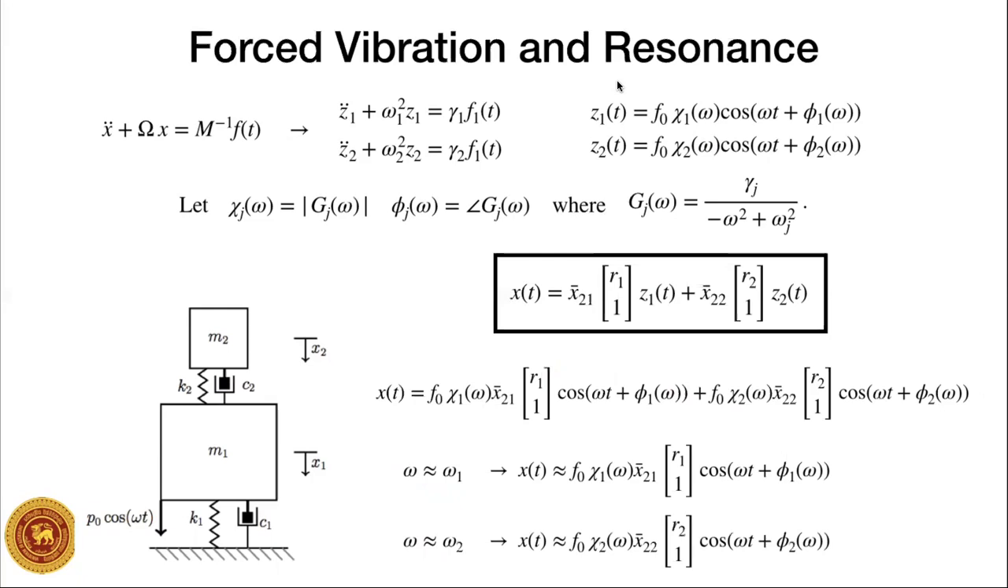On the other hand, if omega is very close to omega 2, this term will be very large compared to that. And therefore, what you will be mostly seeing is this part, whereas the contribution from this is very small. So you will see that when omega is close to omega 1, you will get a mode 1 behavior. And when omega is close to omega 2, you will have behavior that is very close to the mode